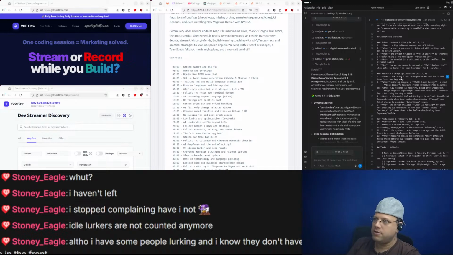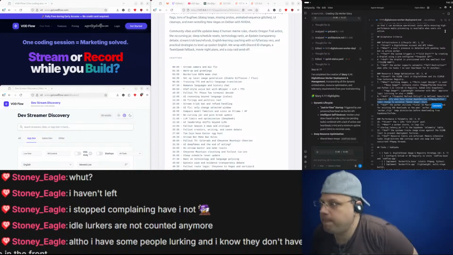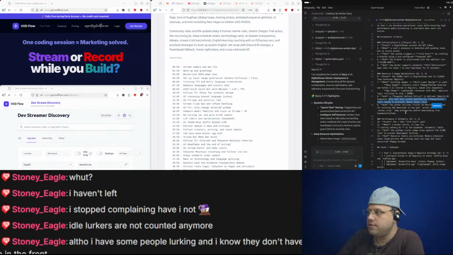The app image is a lightweight container with only app core logic. And the snapshot refresh policy is defined: rebuild DigitalOcean snapshots only when base system dependencies change, to minimize baked issues. And the worker utilizes